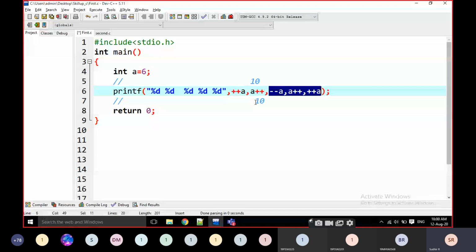That means any right hand side values that are pre-increment or pre-decrement. Then I modify this one to 10 and this one also. For example, this is going to be 11 and this is going to be 11 also. Why? Because this is the post increment, right? 10 is printed, then A becomes 11.